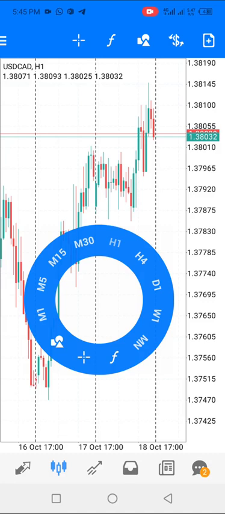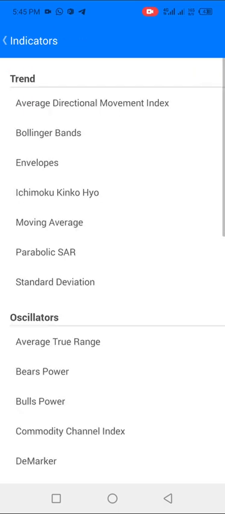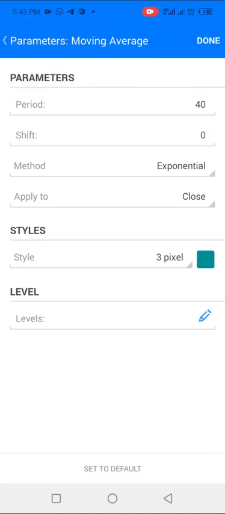You can click once, the panel comes up. You click on F. You see main chart. Then on the right side you can see F plus. Click on it, then locate moving average. It's here. So for this strategy, we need the 40 moving average. This is the color I'm giving it. I'm giving my 40 moving average